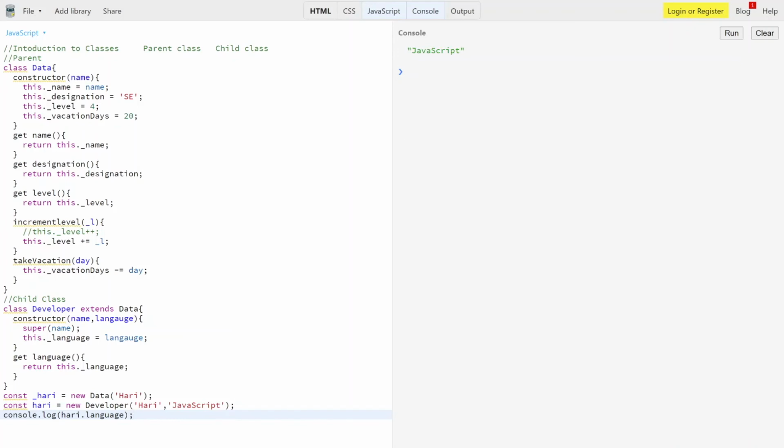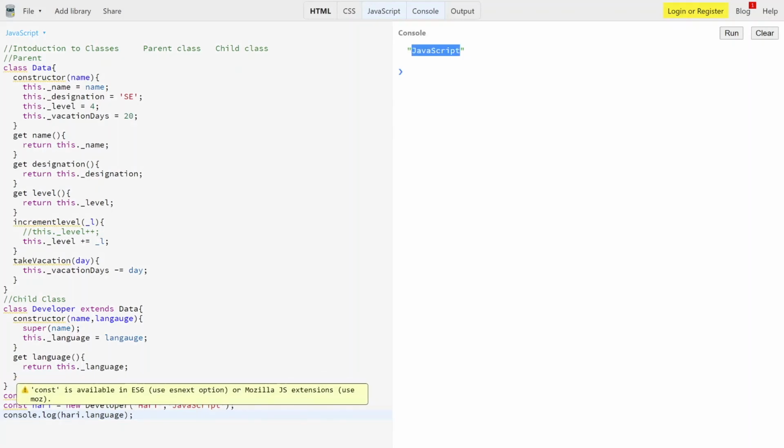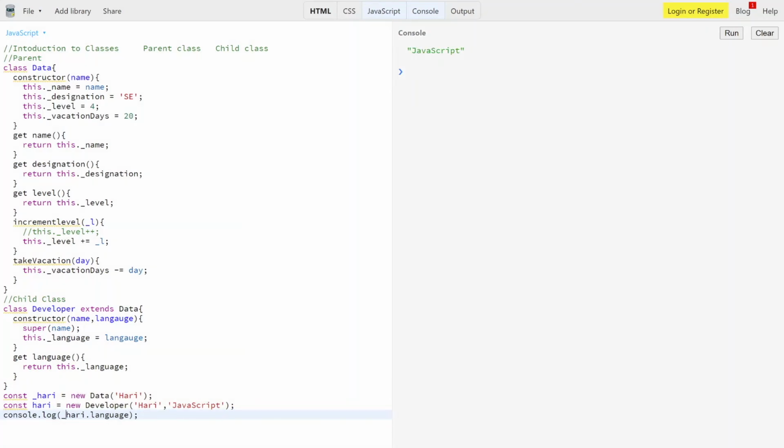See, you can print JavaScript, but if you print _hurry.language, it will throw an error, or it will say it's undefined, because I already didn't define it, same as above. So that will create one concept in our mind.